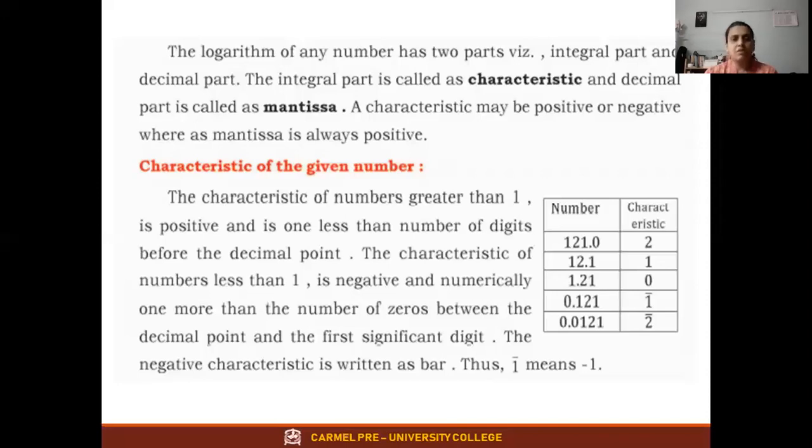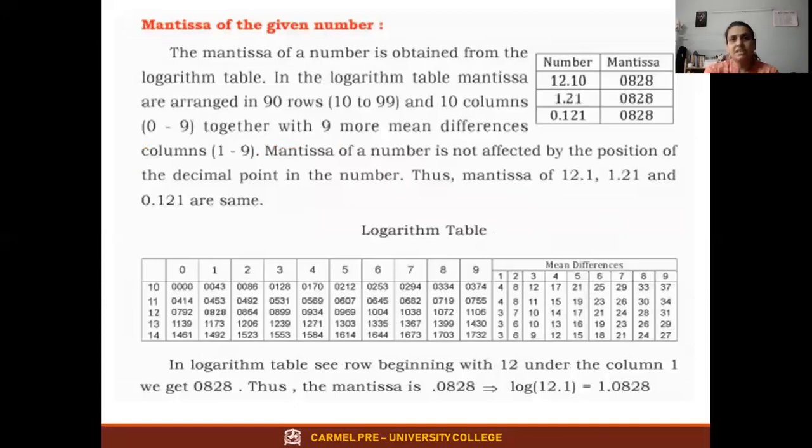So two parts of a logarithm of a value, characteristic which is before the decimal point. Suppose I give you an example of 2.0345. 2 is the characteristic. 0.0345, what is after the point is called mantissa. 0345 becomes the mantissa. That's all. Now, how do you find the characteristic of a number? I will show you in an easier way. Mantissa is the second part.